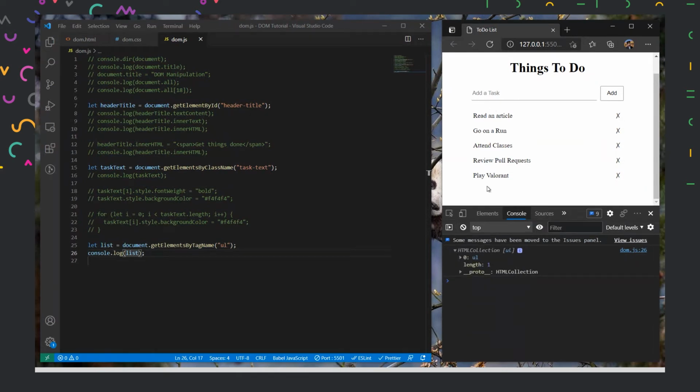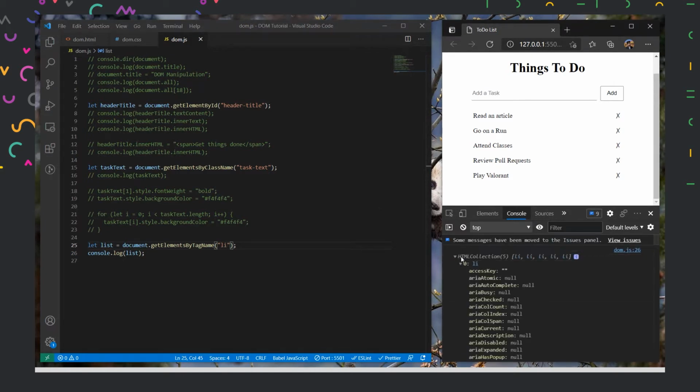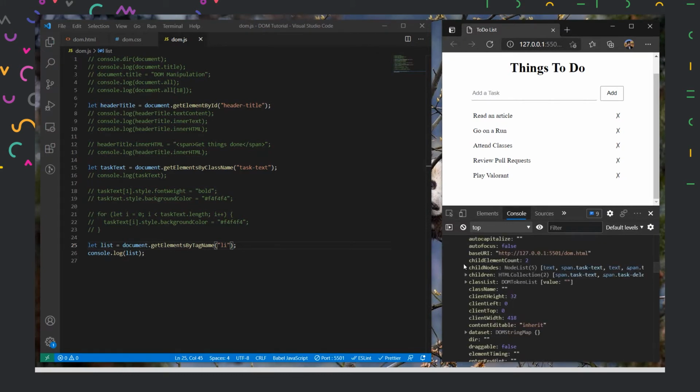So our whole list is selected, but it is of the property HTML collection, and inside there the length is only one. But if we have to select all the list elements inside it, we could just put li over here, and if I save, I'll get all the li elements here, with all these properties defined inside them.